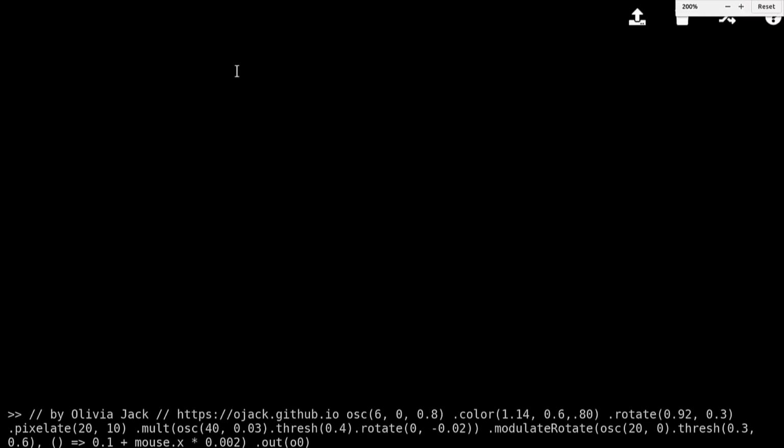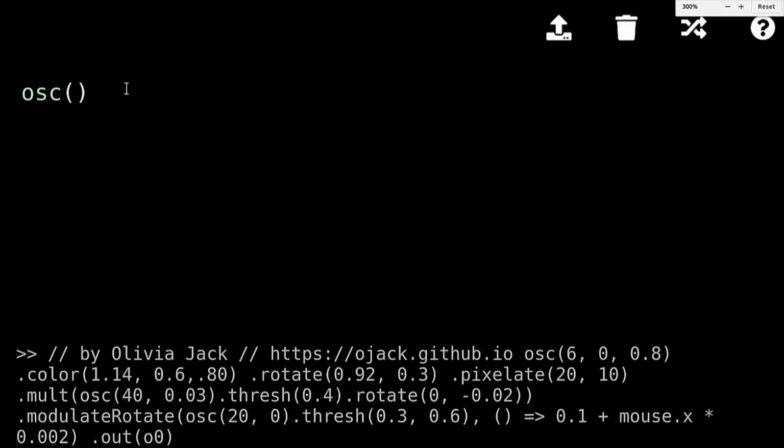And so drawing from analog synthesizer world, one of the basic things that you can make in Hydra is an oscillator. But then when you just write oscillator, you don't actually see anything. And so to actually see it, you have to connect it to an output. I'm doing Control-Enter to execute this code. And so here I have an oscillator, and I'm connecting it to an output.